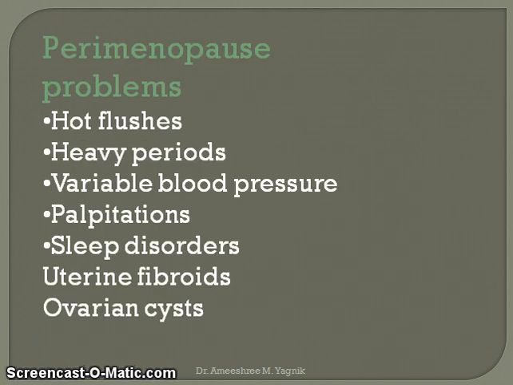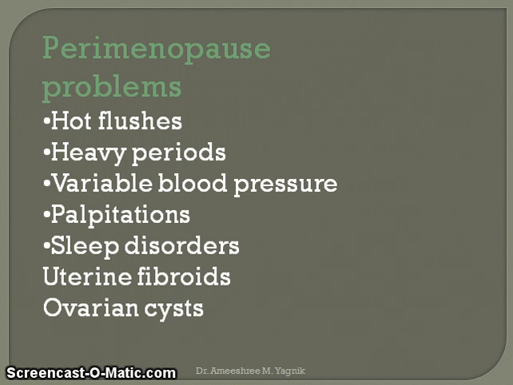Perimenopause problems. Perimenopause problems means problems which are occurring before the starting of the menopause period. Okay, so what is the menopause period? It is the complete stoppage of menses. Menstruation stops after a prolonged period of appearance. Menopause occurs in females at the age of around 40 to 45. Even in some females it can be late, at around 50.